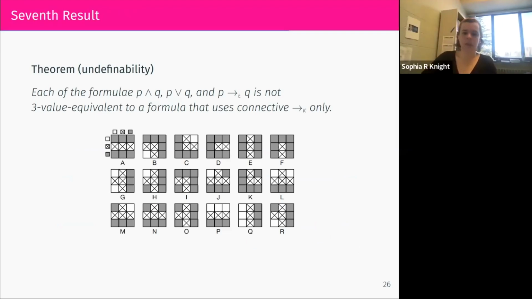And then our next result is that any of these operators and Lukasiewicz implication is not equivalent to any formula that uses only Kleene implication. This proof is getting a little bit longer and more computational. So it's the same basic proof method, very simple, but we used a Python program to compute the truth set algebra for the Kleene implication. So these end up being our basic truth set diagrams. So we start with P and Q. Let me find P and Q for you.